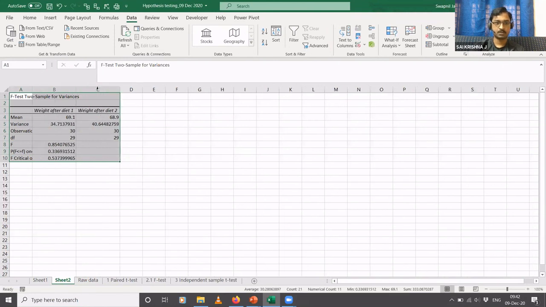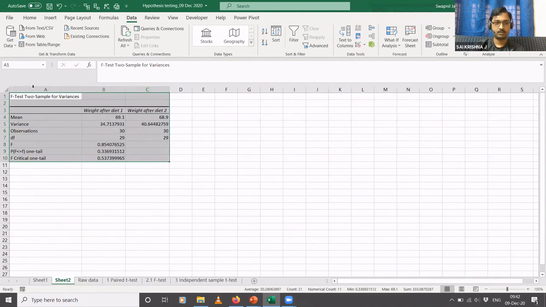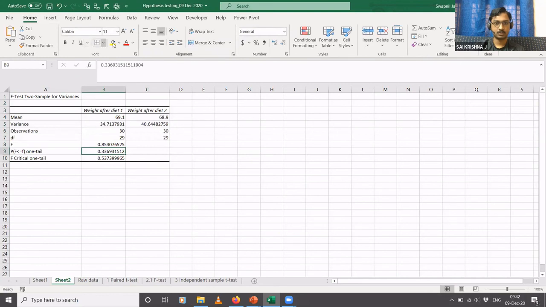Here also it gives a lot of statistics which you actually get when you perform it using pen and paper, but this p-value is what you actually have to see. This p-value is 0.33, and the same principle applies. You check whether this p-value is less than 0.05, or greater than or equal to 0.05.